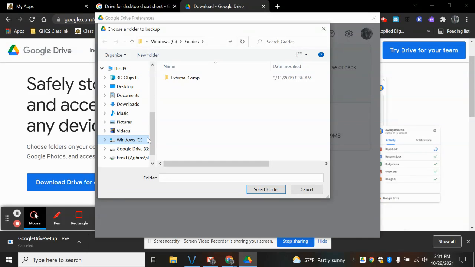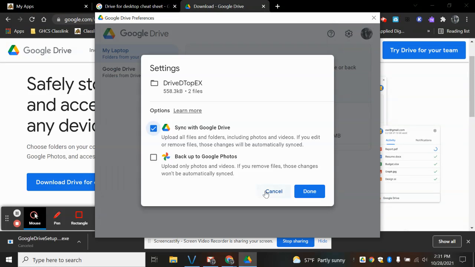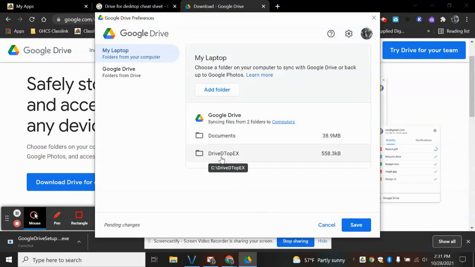This PC, and it is on the C drive. And then I just have, it's a Drive to Desktop example. So I'm going to click select folder, and I'm going to sync with Google Drive. If it was photos, I could back up to Google Photos, but they're files. So I want to make sure I select this sync to drive, hit done, and I'll see